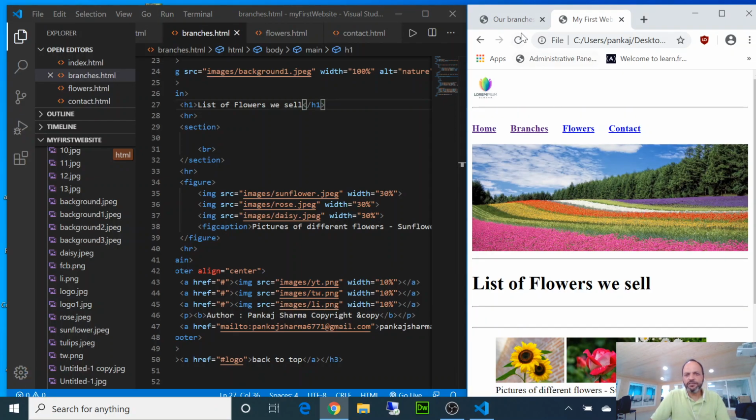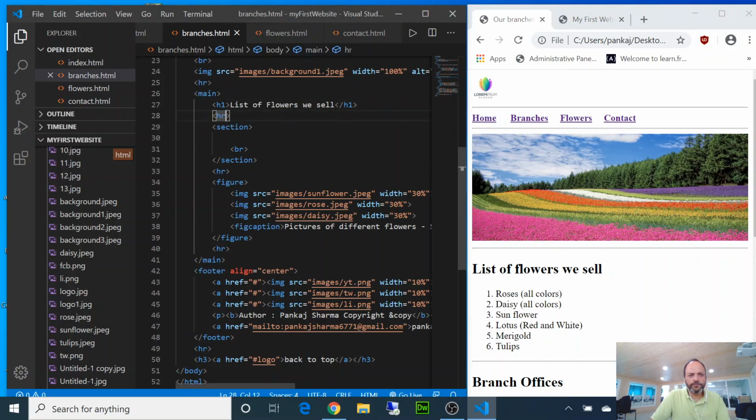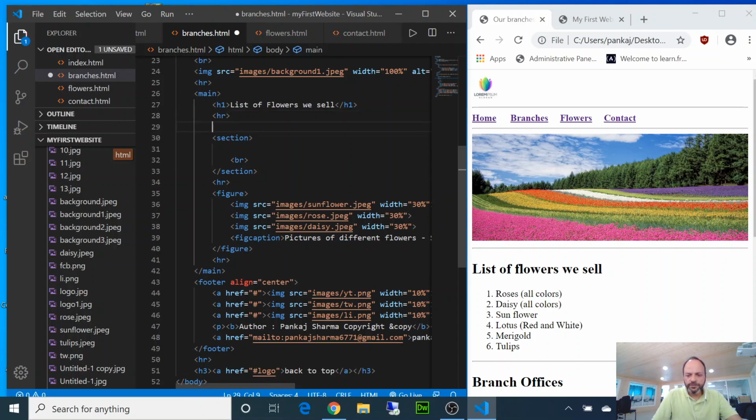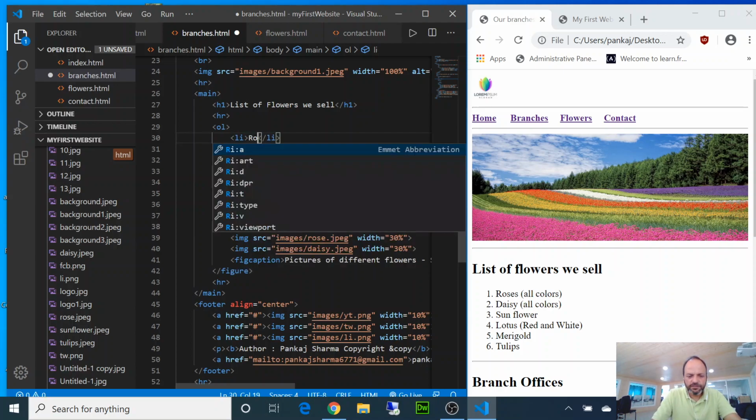Okay, that's done. Now we have to make this list here. So for that, we'll have to use the OL tag. Okay, and in list items li, we're going to write roses, and in bracket all colors,